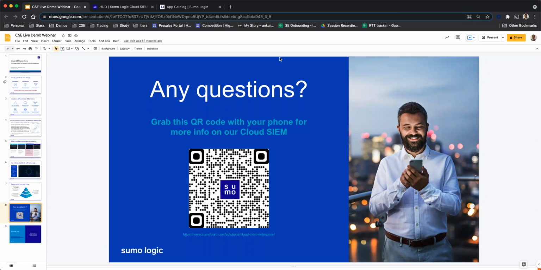There is a question which is asking about, I'm an existing customer and I see the interface is different than the Sumo interface. So it's not a different platform. It is an extension to the Sumo Logic core platform. The Cloud SIEM is provided as an add-on to the existing platform. So the customers who subscribe to the Cloud SIEM service will be enabled with this particular option, and then you can see the interface that I showed you. Please reach back to us, and then we can work together to see how we can enable this particular option for you where you can test this platform.